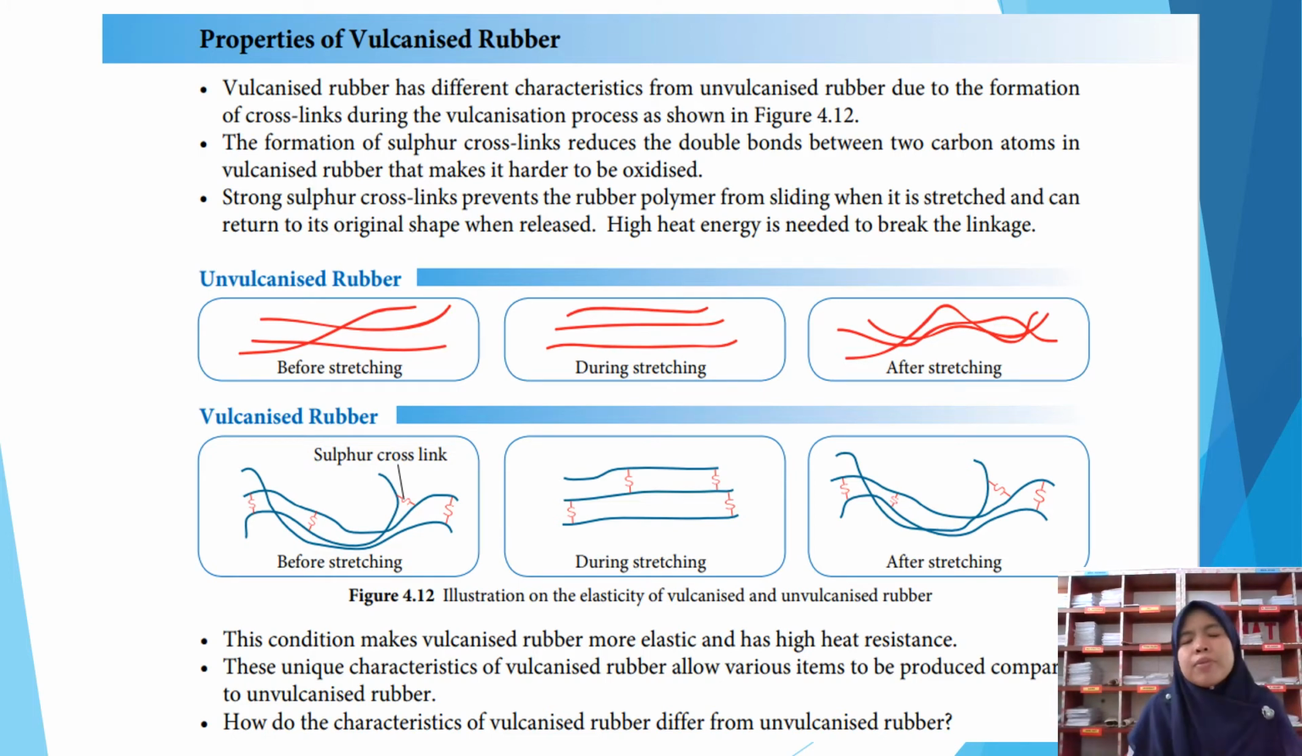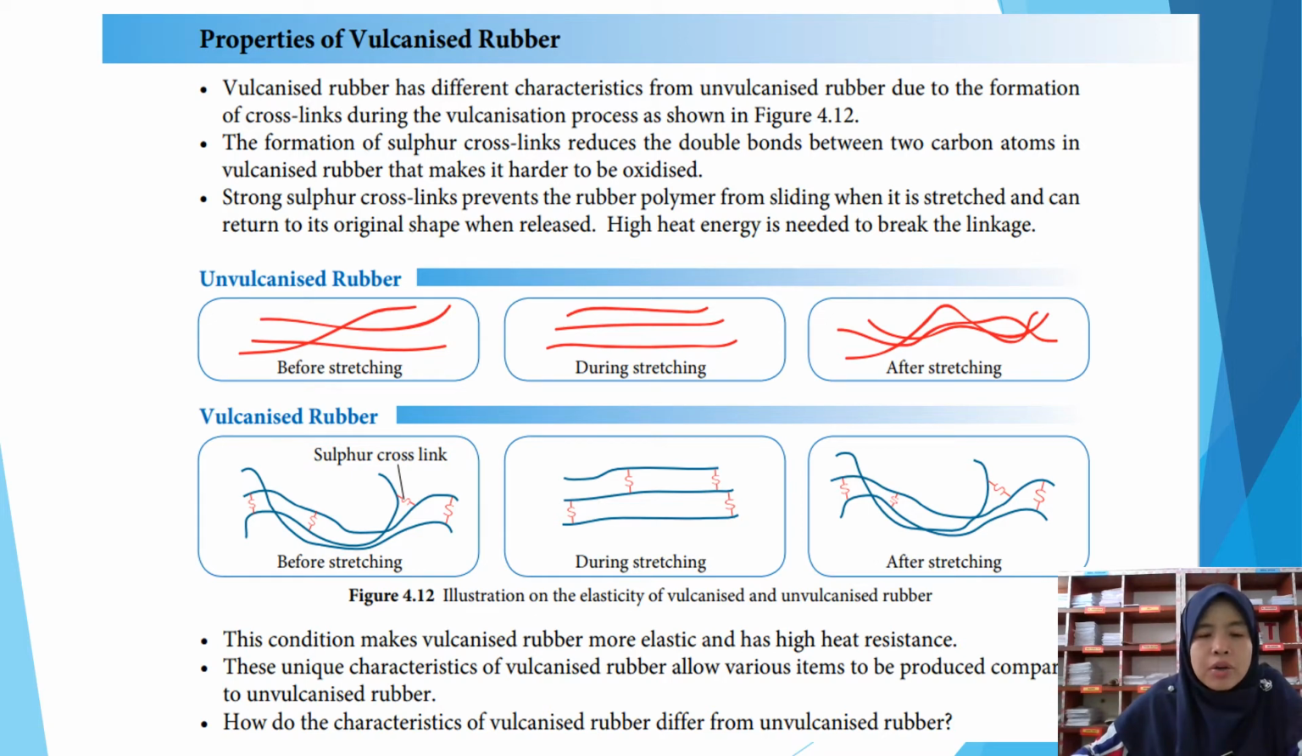Okay, what are the properties of vulcanized rubber? Vulcanized rubber has different characteristics from unvulcanized rubber due to the formation of cross-links during the vulcanization process as shown in figure 4.12. Okay, as you can see here,